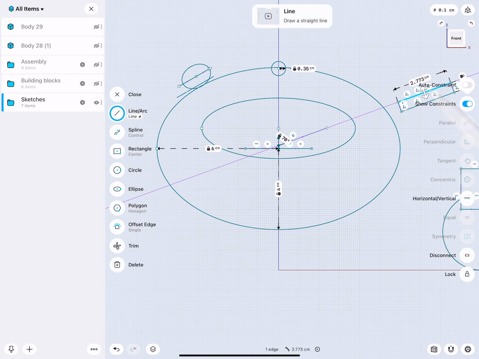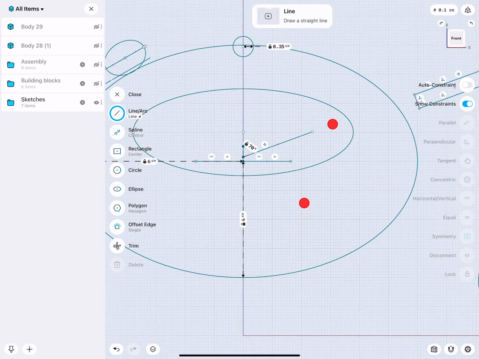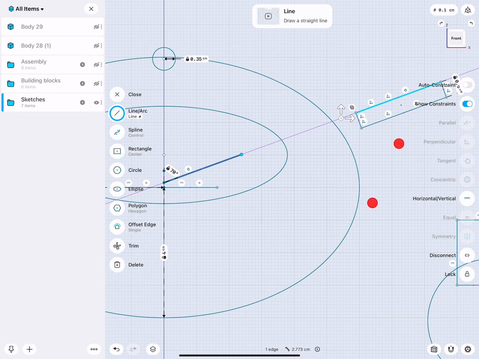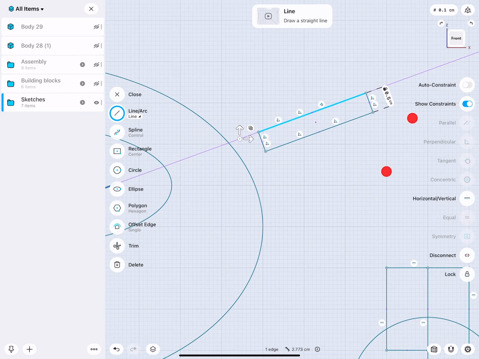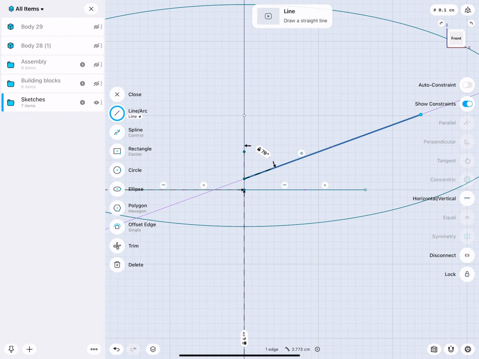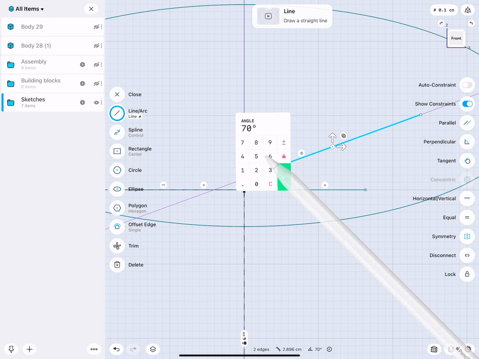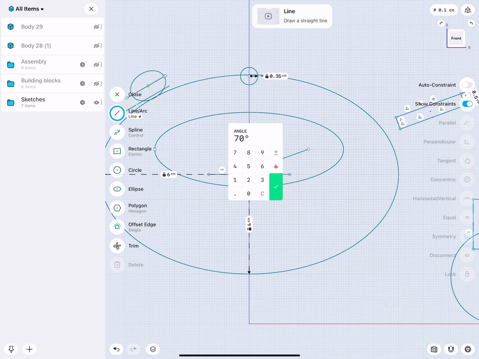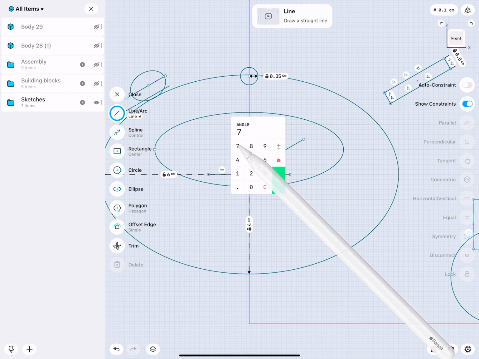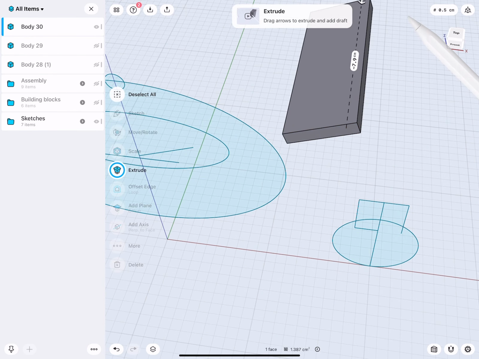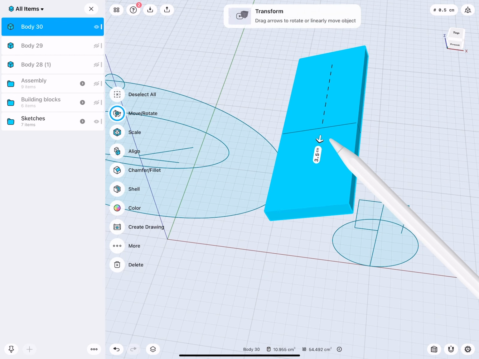And here, there you see I have a sketch. The sketch is actually a rectangle with perpendicular constraints, 0.5 centimeter, so 5 millimeter. And then here is a line. The line got locked, so I could set an angle. If I adjust this angle to 60, there you see how I'm rotating that rectangle. Now, this rectangle, I simply extrude, move it back.